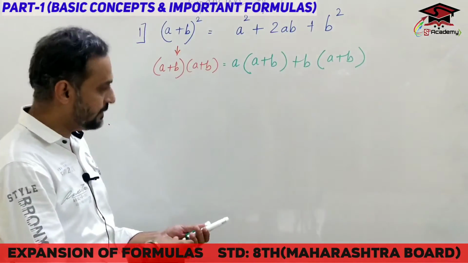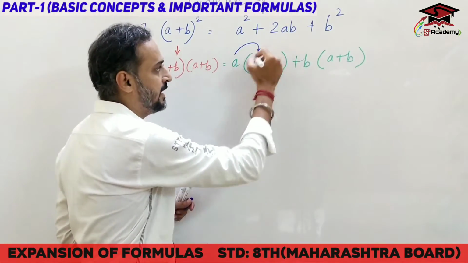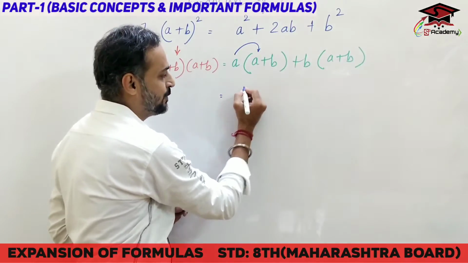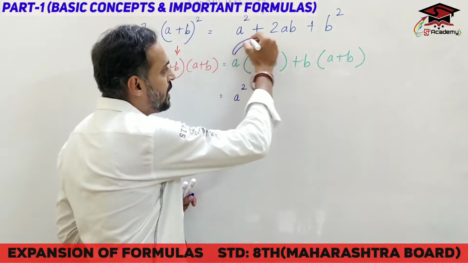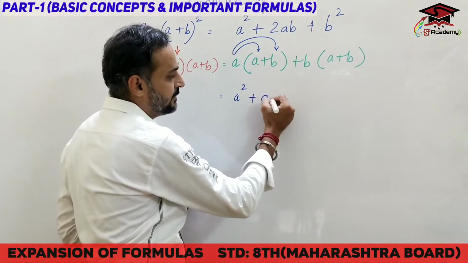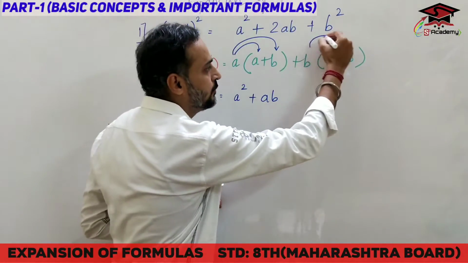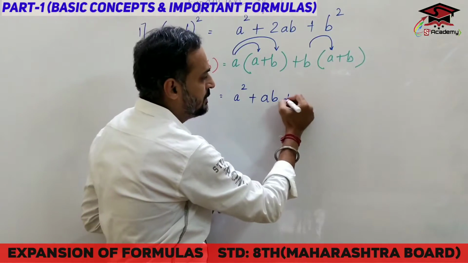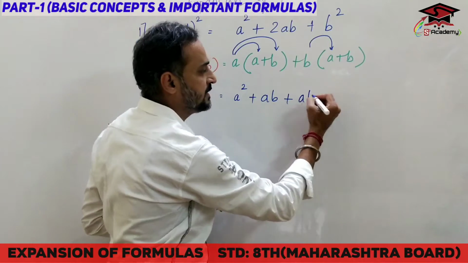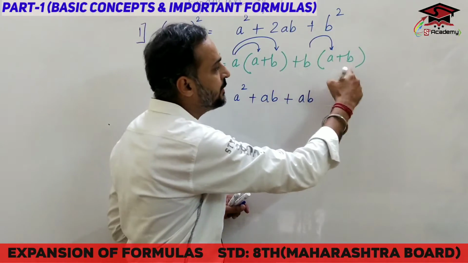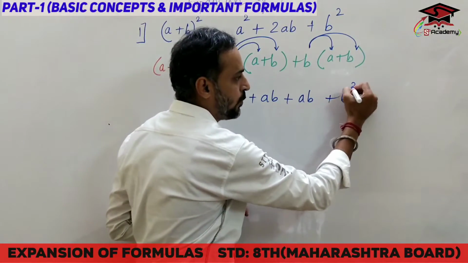Now what will we do? We will multiply this a with the bracket. So a into a is considered to be a square. The same a has to be multiplied with the b, so I'll take an arrow over here to make it clear, as ab. Okay students, same way, same method with the same bracket, you have to multiply b with a. Whether I consider ba or ab is one and the same, so it is considered to be an ab. Now b into b is considered to be b square.